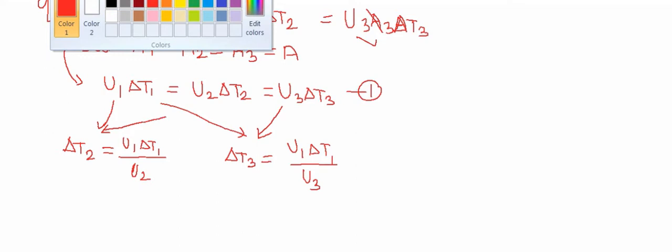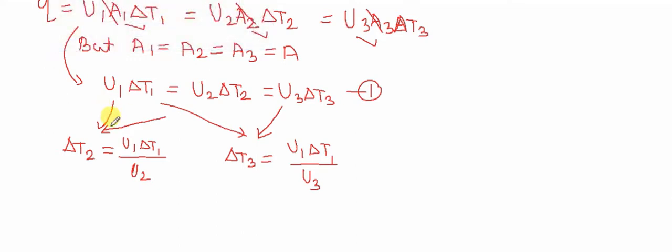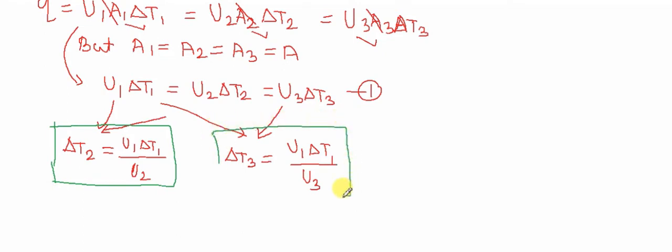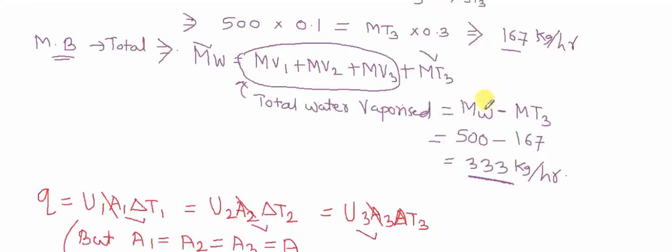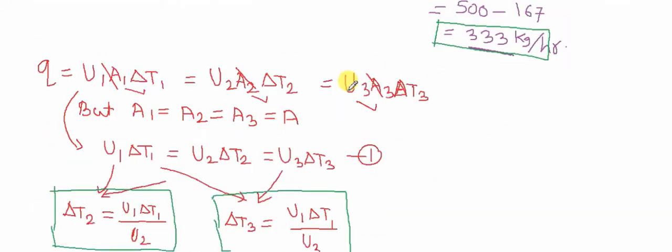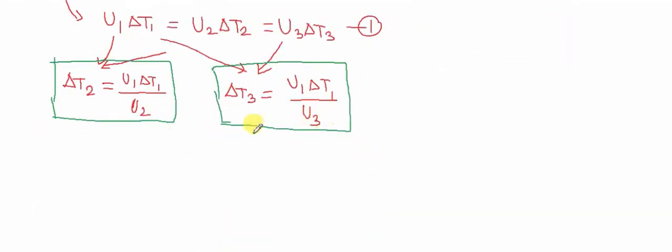Now I just make this bracket because these are important things. So important thing, you have to note down, and I make a small rectangle here so that you will come to know how important it is. This value is important to us. You will see how to utilize that. Okay, so you get this.